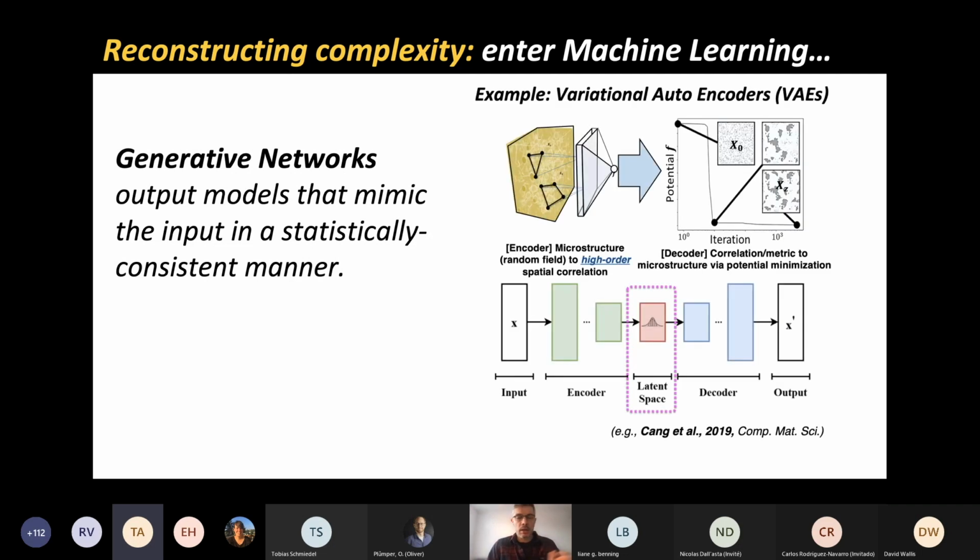So here's an example of what a generative network looks like. This is an example of what is called a variational autoencoder. You don't have to specifically care about this example, other than that when I come back to it later on, I'll explain why we like autoencoders, in particular in our group and with our Arizona colleagues. But the idea is that you have a network, like what you see at the bottom here.